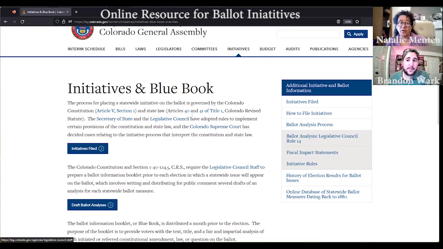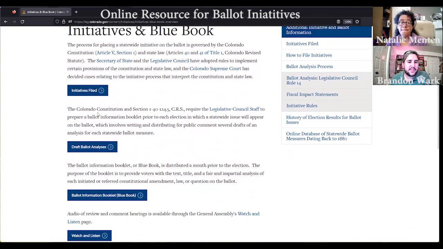And that's for people who want to file an initiative or at least understand the process. I know a lot of my libertarian friends were very excited to try and get something on the ballot. It's a very expensive and intensive process, but if you want to know how to do it, this is a great resource as well. So if you click into this page, you can see on the right how to file initiatives. And so this is a really good one-stop shop for this resource here. But for the purpose of this video, let's go ahead and move on to the second button here.